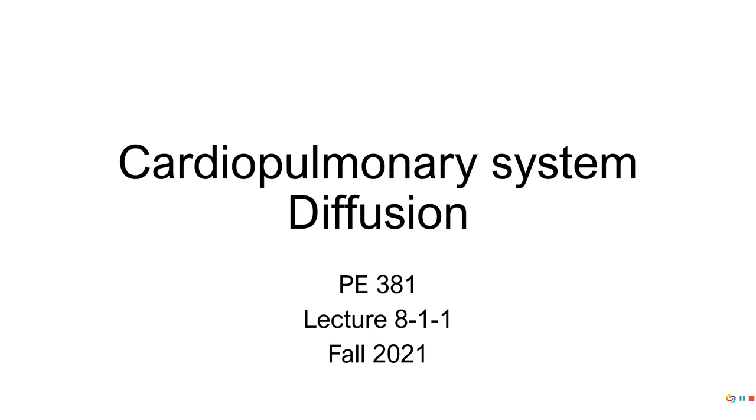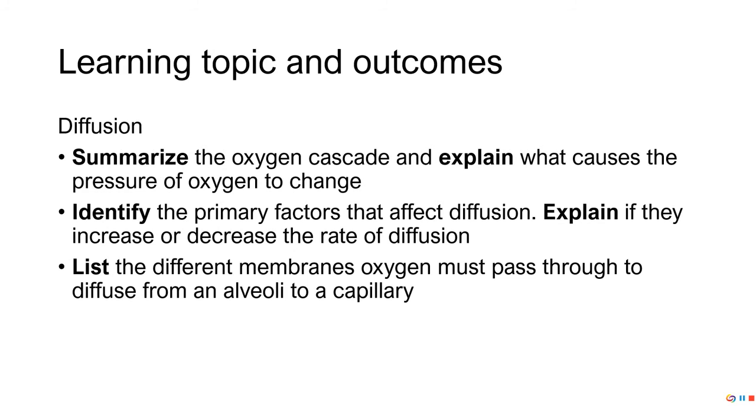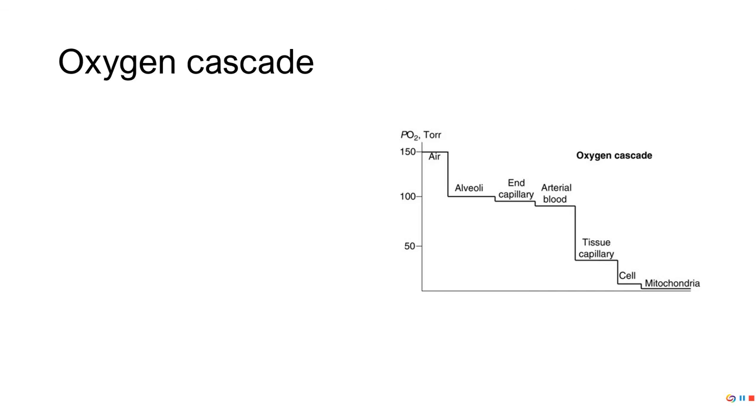Okay, so here are the three objectives or outcomes that we're going to talk about. So we're going to talk about the oxygen cascade, and then we're going to talk about diffusion, and then just all the different locations that oxygen has to go through to get from the alveoli to the capillary. Okay, so we have something called the oxygen cascade. Now, if you remember,